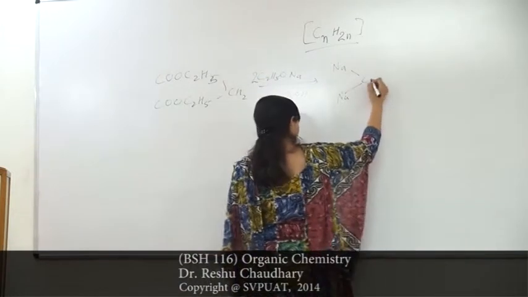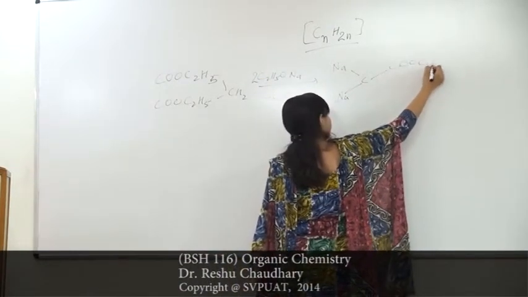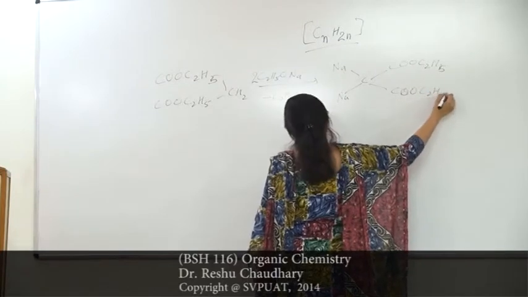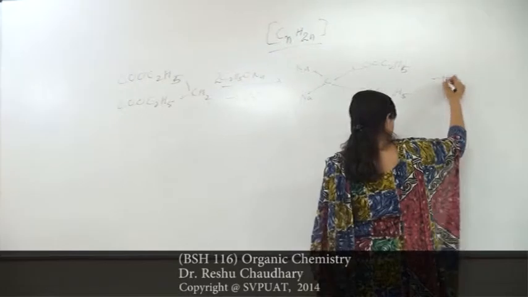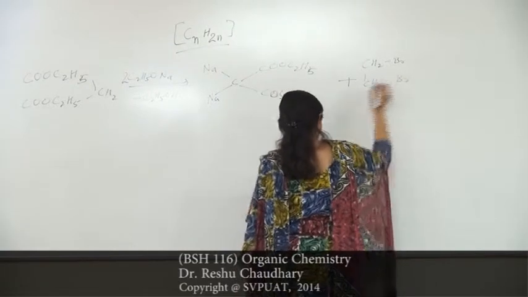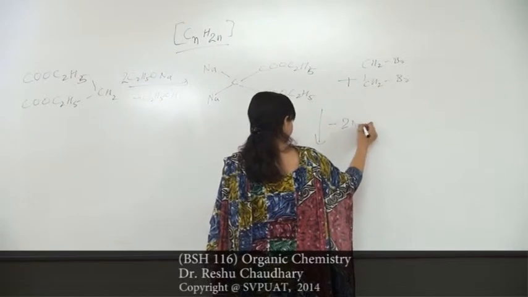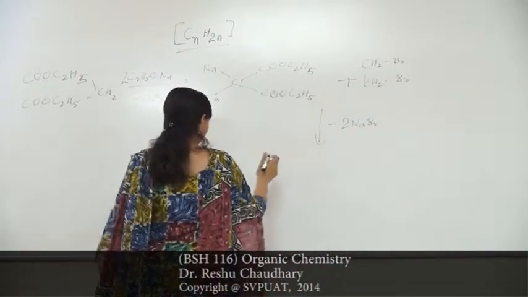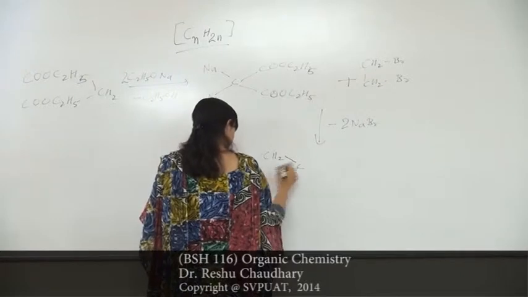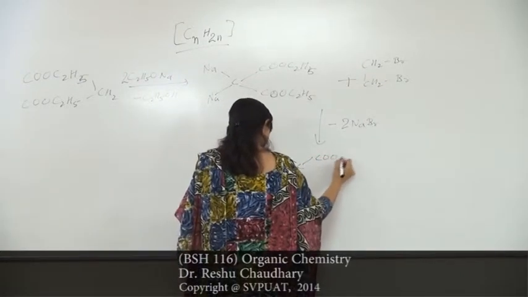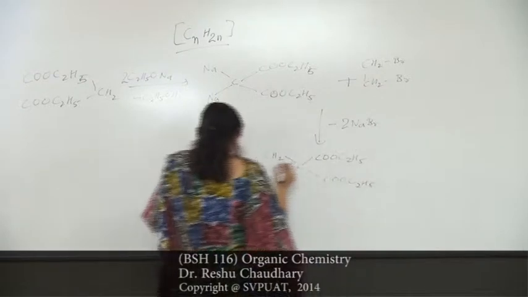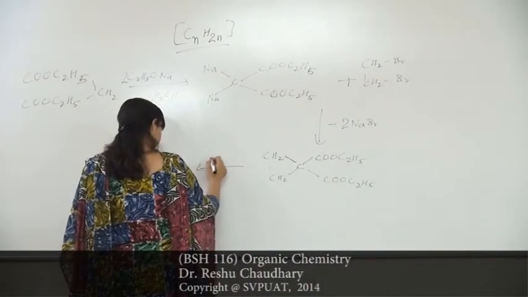These two molecules, then C2H5 here. When it again reacts with CH2Br, CH2Br, then sodium and bromine, both will come out and the intermediate product will be CH2, CH2, C(COOC2H5), COOC2H5. Then on hydrolysis,